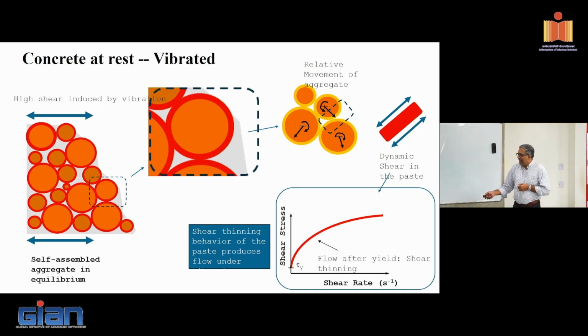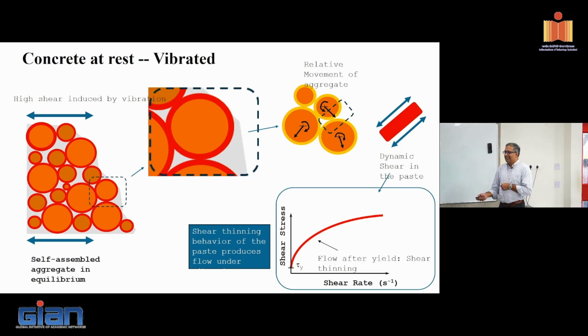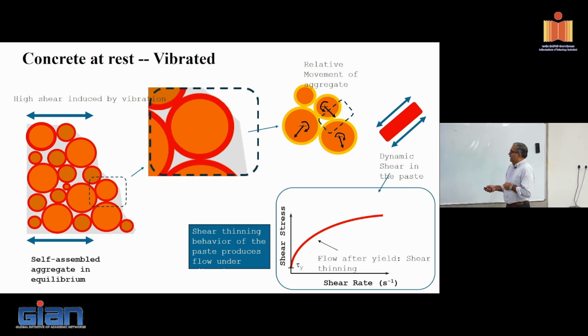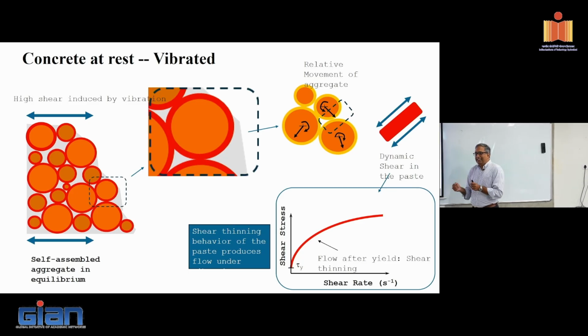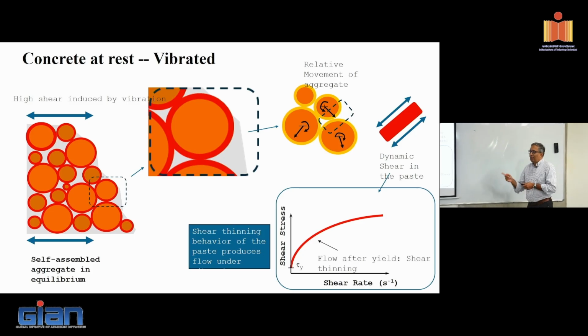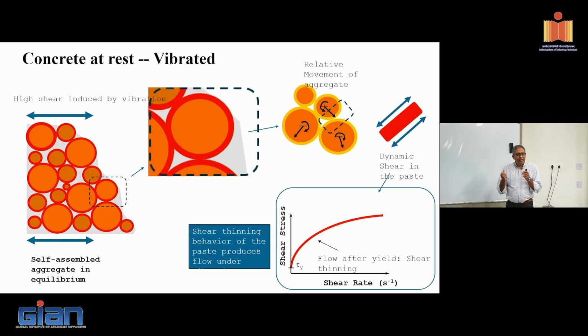Okay, and in some sense, if you really understand this, cement paste is our friend, because the yield stress is what allows it to keep that shape in a static condition. Once it starts to flow, the more I agitate it, the easier it gets to flow, right? And that property I use when I'm trying to vibrate it and fill my form, right?